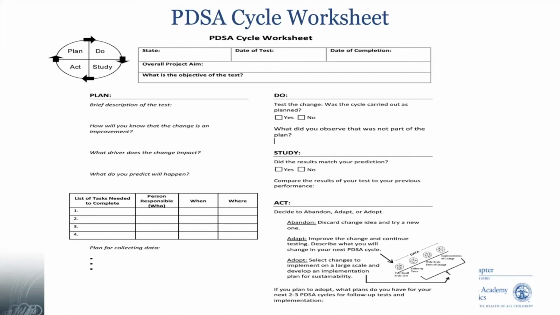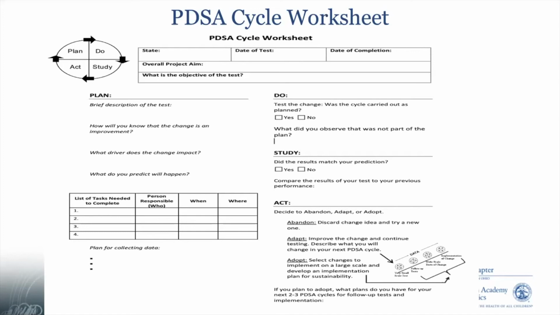Yes or no? Sometimes things happen because of other issues. Maybe we're having the busiest fall that we've had probably since H1N1, and your office didn't have the time or resources to implement that. And that happens. And then you look at what the results were. Did the results match your prediction? Did 80% of the time, those providers, when they saw a child with atopic dermatitis, use the atopic dermatitis protocol? And then this is really, I think, the key step, looking at ACT.